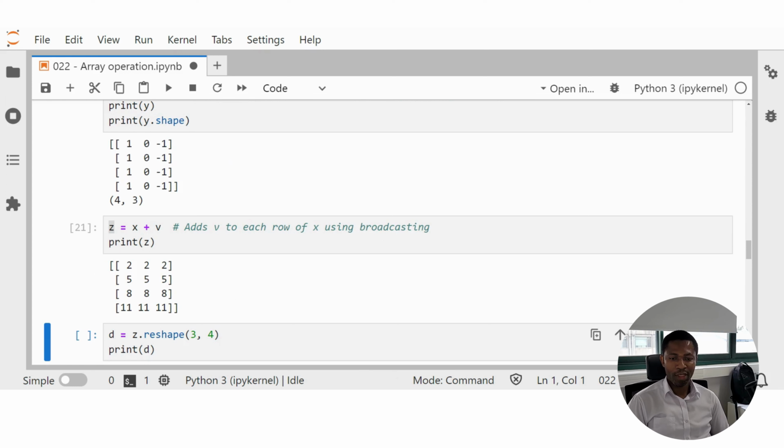Okay, what's the catch here? The catch here is that instead of using the explicit for loop, we now use the vectorized form, which is NumPy broadcasting, which is done under the hood for you. You don't have to code it. Just add X to V, and NumPy takes care of the rest by broadcasting the values either in rows or